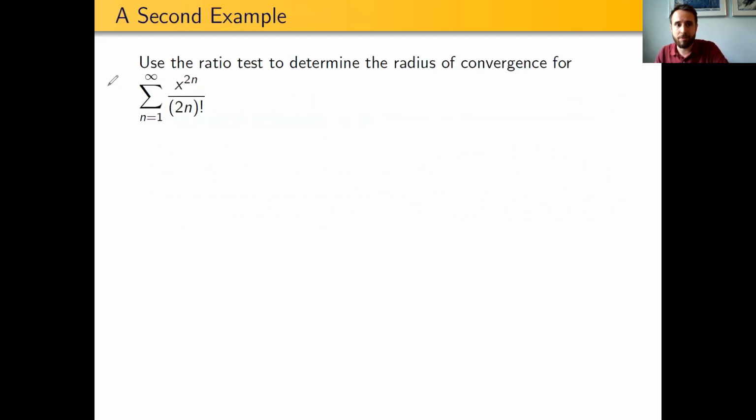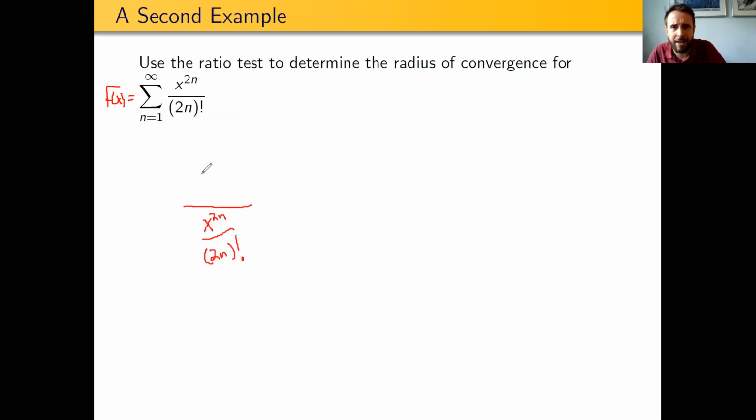Okay, so here is our power series, right? The sum as n goes from 1 to infinity of x raised to the 2n divided by 2n factorial. That will be our power series f of x. To determine if this converges, we want to use the ratio test, which says that we create a ratio of the nth term, so that's x to the 2n over 2n factorial, divided by,